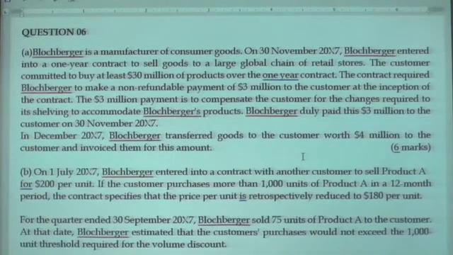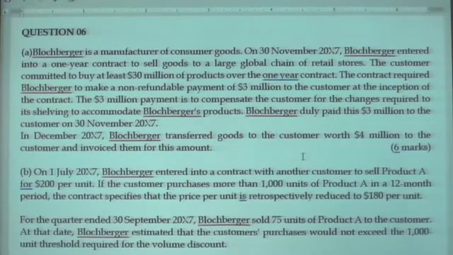Clear? Something like that: consideration payable to customer. Now we are going to learn how to apply that sentence. Okay. Consideration payable to customer. Now the customer agreed to buy how much? 30 million worth of goods from you within 1 year. According to the agreement, the company is to make a non-refundable payment of 3 million to the customer. Finally, at the end, your net income will be 27 million because you have paid 3 million at the beginning.